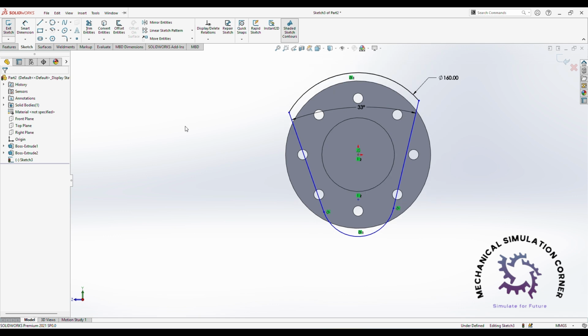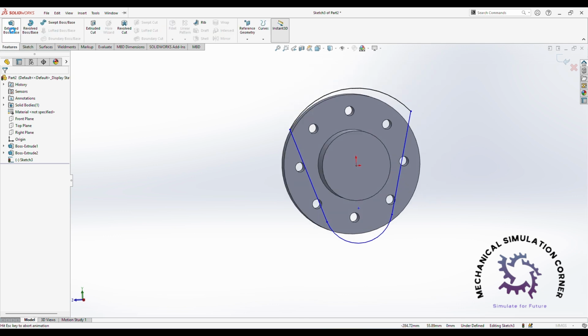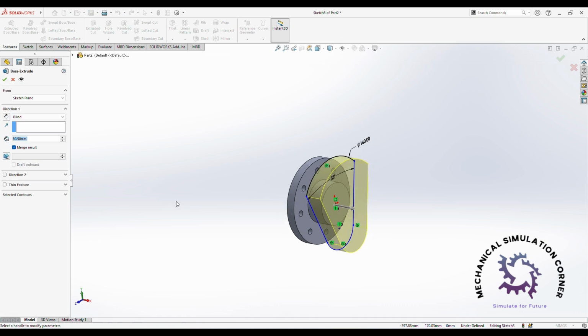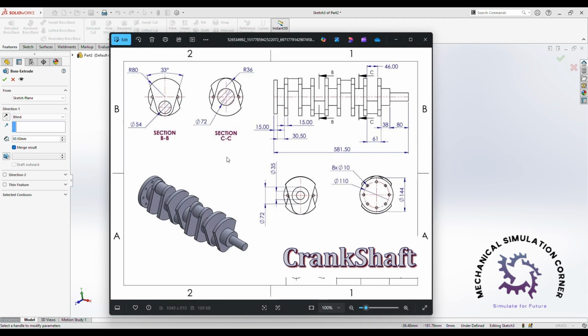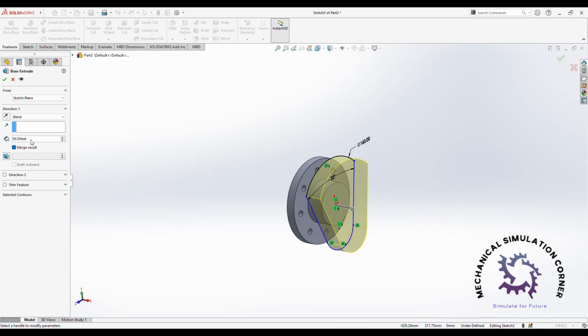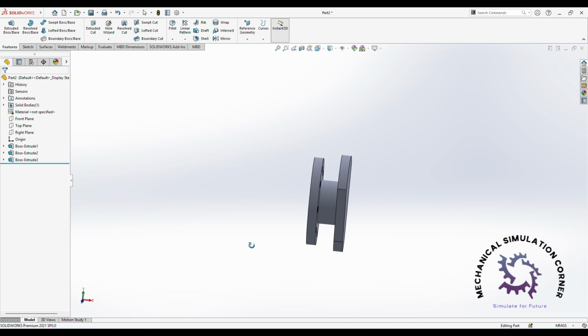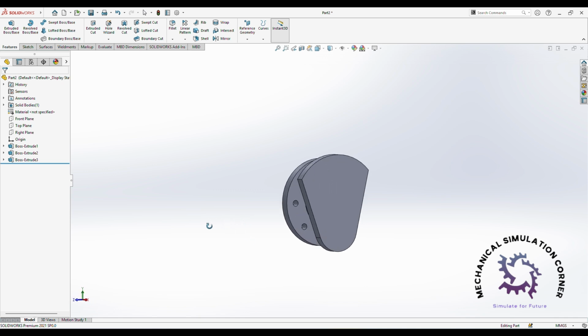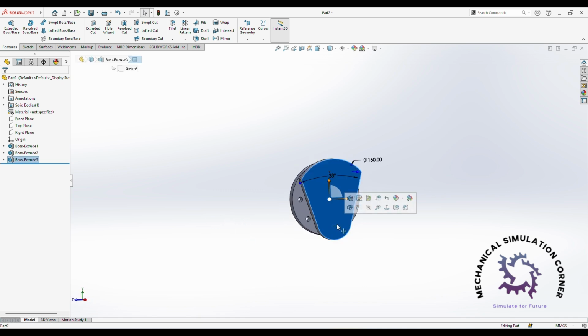Now click on feature. The thickness will be also 15. Okay, you can see. Now again click on the surface, click on sketch,